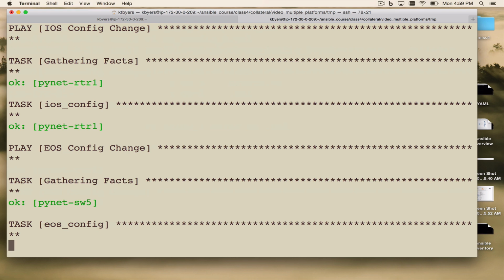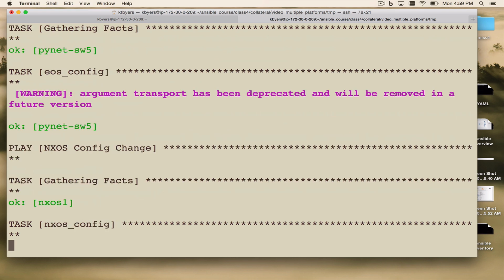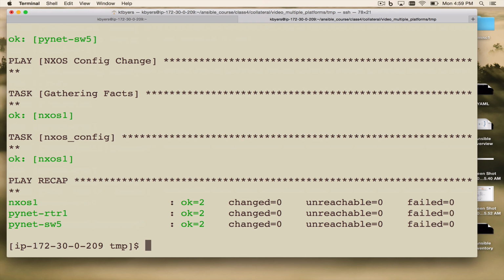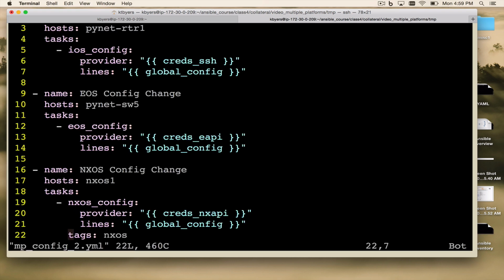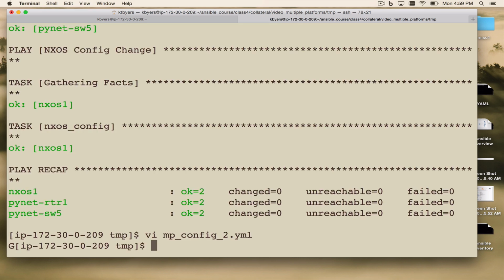We can see the IOS config happening, the EOS config happening, and the NXOS config. All of those modules properly detect that they have everything already configured, so they don't have to make any changes. Now the tag that I created here, this tag NXOS, allow me to rerun my playbook and specify